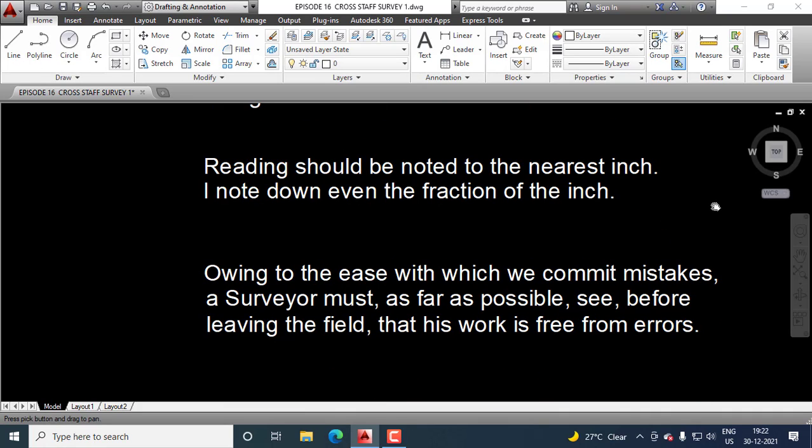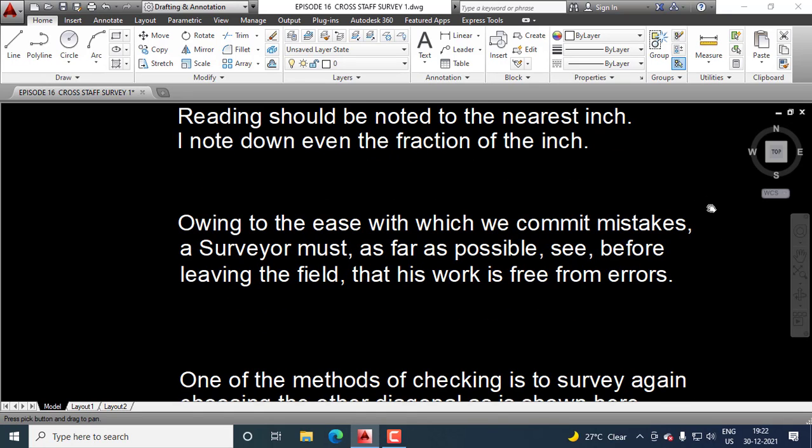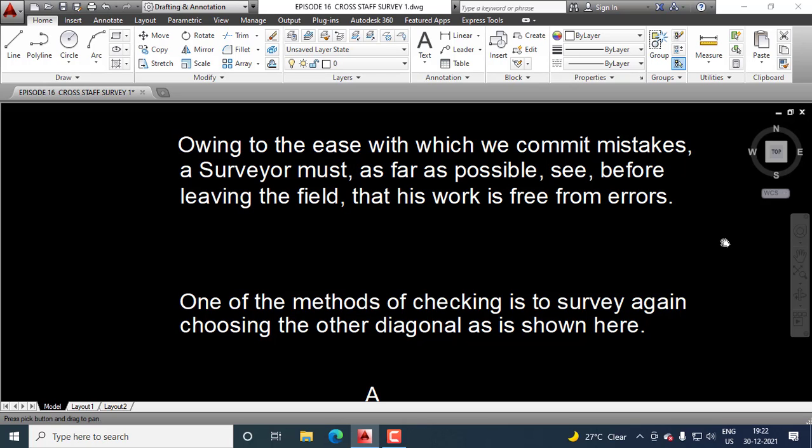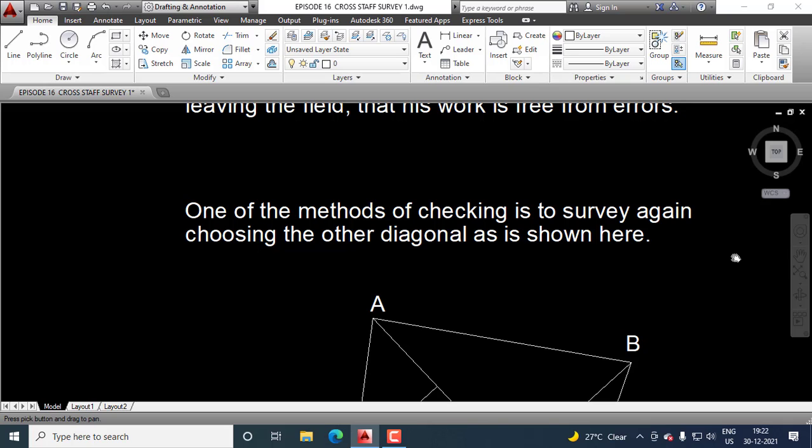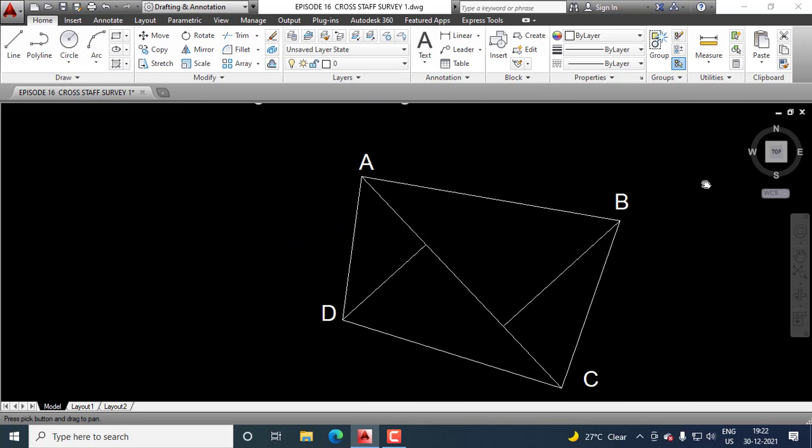Owing to the ease with which we commit mistakes, a surveyor must, as far as possible, see before leaving the field that his work is free from errors. One of the methods of checking is to survey again, choosing the other diagonal as shown here. Previously we chose the diagonal DB.